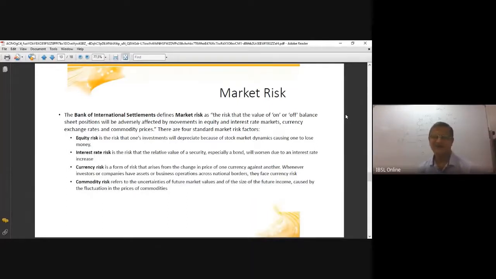Then we also invest in treasury bills and bonds. Those are subject to interest rate risk, because a treasury bill will be for 3 months, 6 months, or 1 year, whereas the bonds we undertake can go up to 30 years.